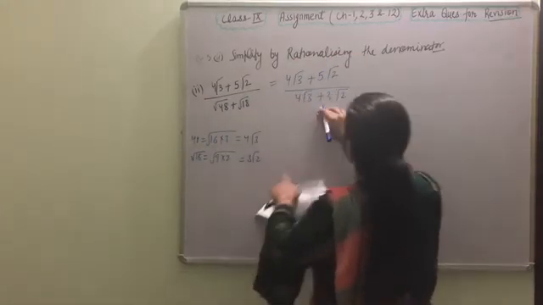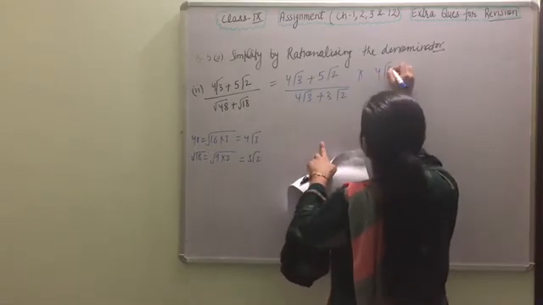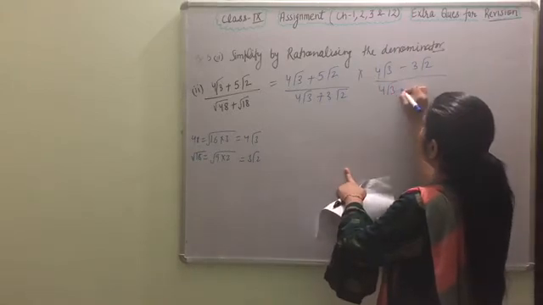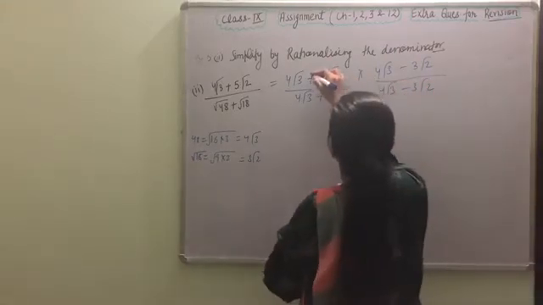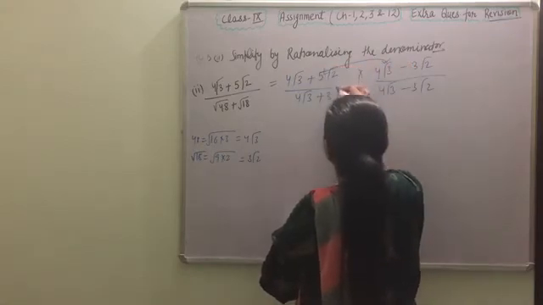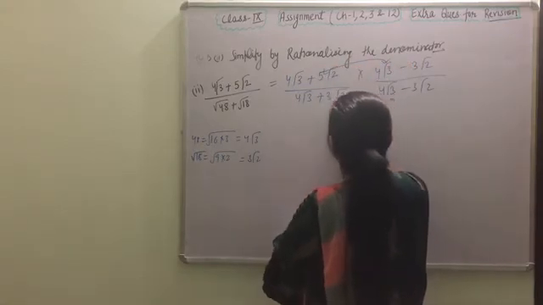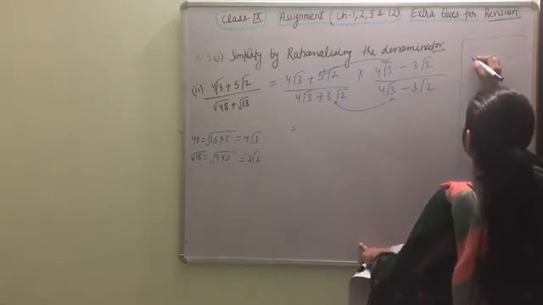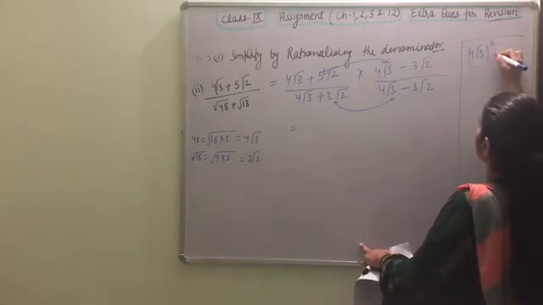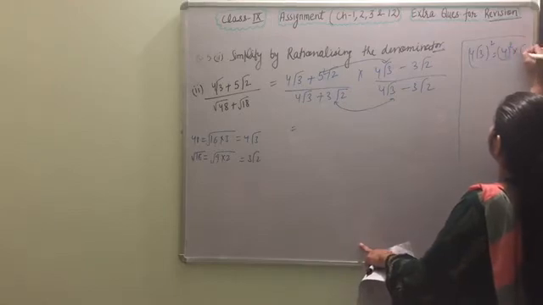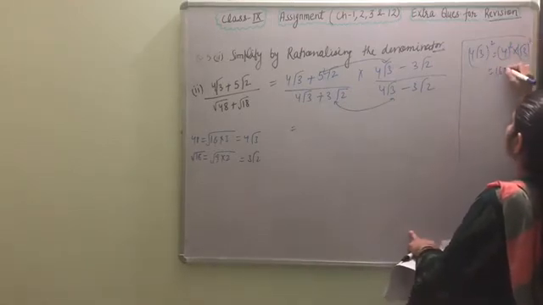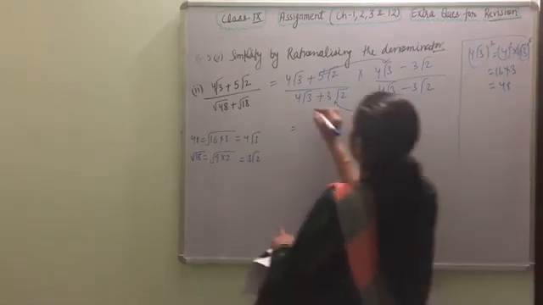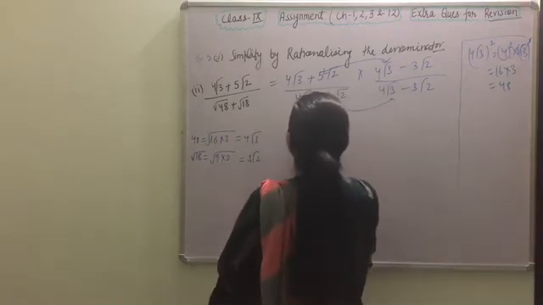The sign is positive, so we will multiply by the reciprocal of this, with the negative sign: 4 root 3 minus 3 root 2. We'll multiply numerator with numerator and denominator with denominator. 4 root 3 into 4 root 3. Here I am doing the calculation work. 4 root 3 square is equal to 4 square into root 3 square, which is equal to 16 into 3. Root and square will be cancelled. 16 3s is 48. First term, 4 root 3 into 4 root 3, 48.